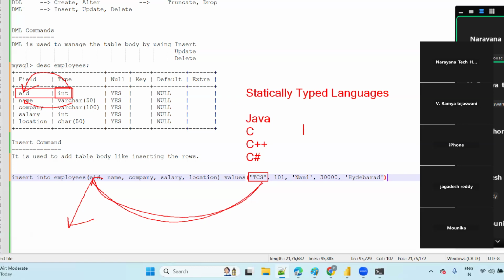For example, I take variable A and give it integer, that's all. We have given integer here, right, like ID integer, salary integer. So there we give A integer. That means now A allows only integer values. Either Java, C, C++, or C sharp, for all it is the same, guys. But